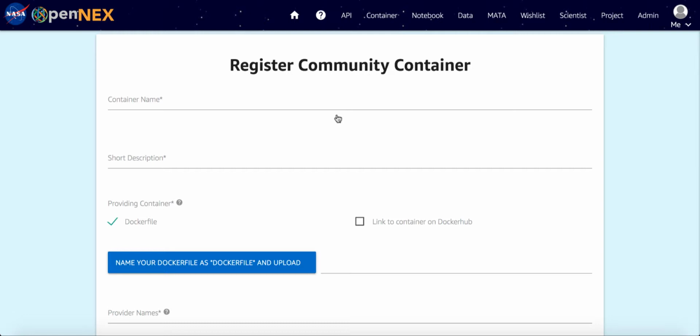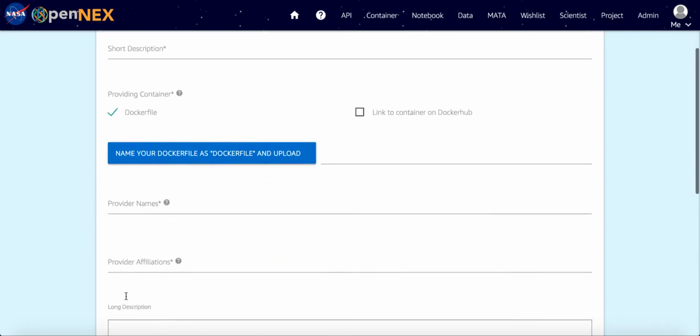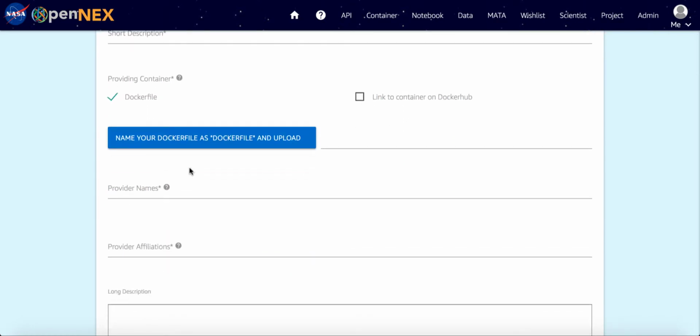Please note that the asterisk beside the field here means that the field is mandatory. So the mandatory fields for registering a container are container name, short description, providers' names, and providers' affiliations. Also, you must provide the container by either providing a Docker file or providing a link to the container on